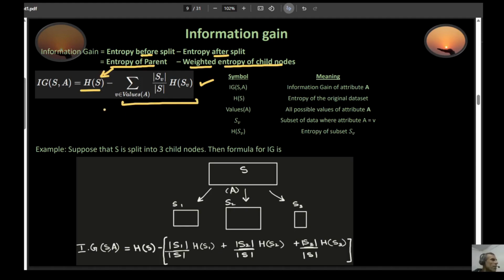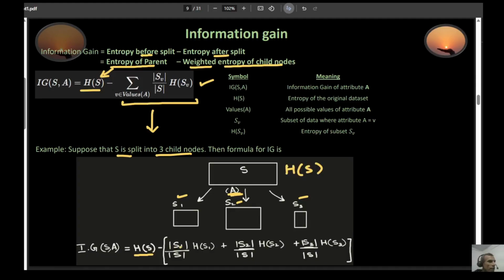Let's understand this crazy looking expression through an example. Suppose that your S is split into 3 child nodes right here based on the attribute A, in other words, based on the feature A. So this is S1, S2, and S3. So these are the subsets of your set S. Then the formula for IG in this particular instance would be the entropy of your parent node, that is entropy of this right here. So this would be HS